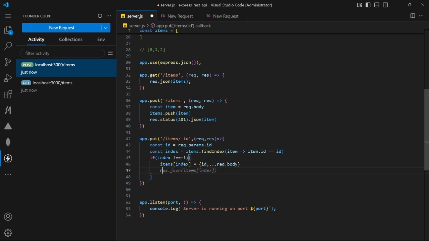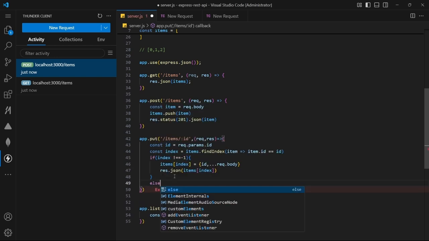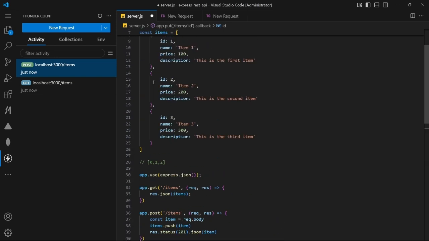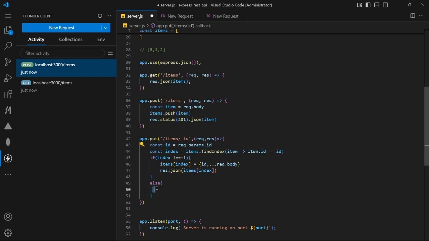Then I'm going to return the JSON of items of index, whatever item I'm updating. Next, if it doesn't contain this ID, if this ID is not present in this array, then I'm going to send the response as